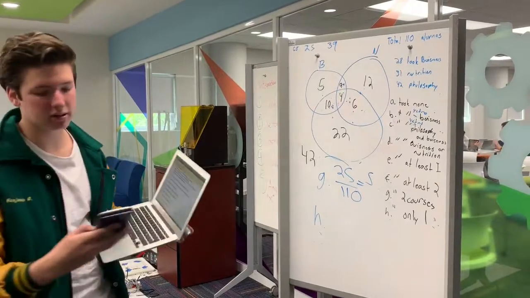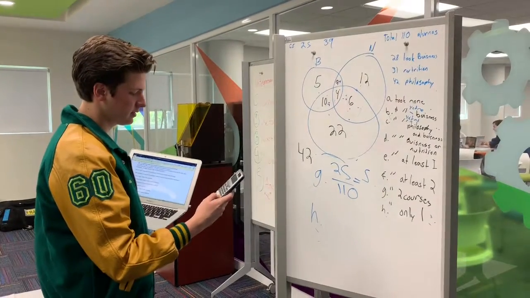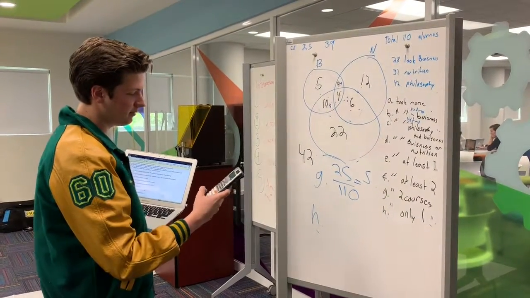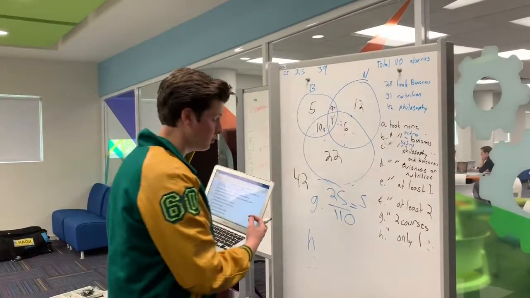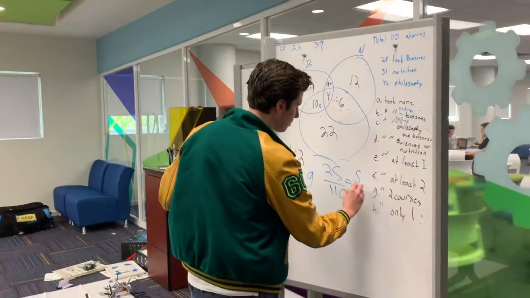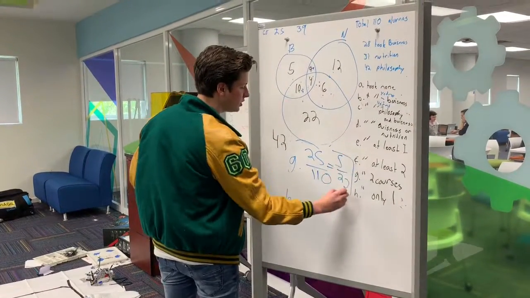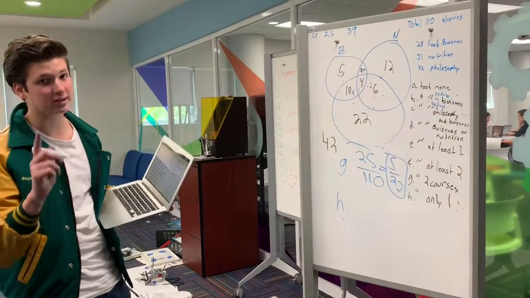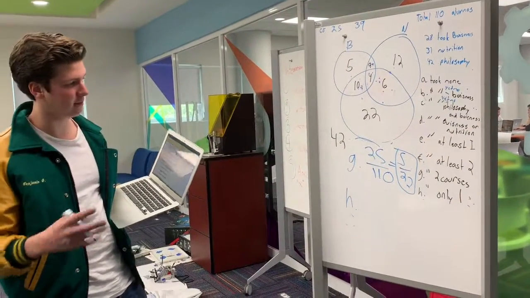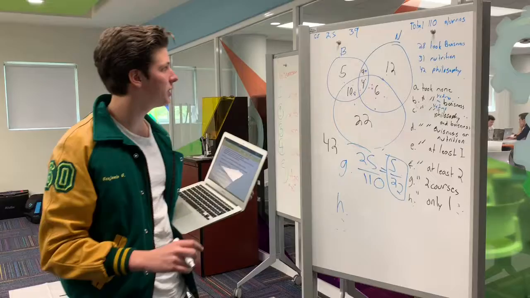We need a little bit of calculator for this. 110 divided by 5, so we have a huge and beautiful 22. So 5 over 22, we have the answer for the G, which is 5 over 22. So we're going to finish with, now it's the last but not least, I made a mistake last time, and we're going to continue with